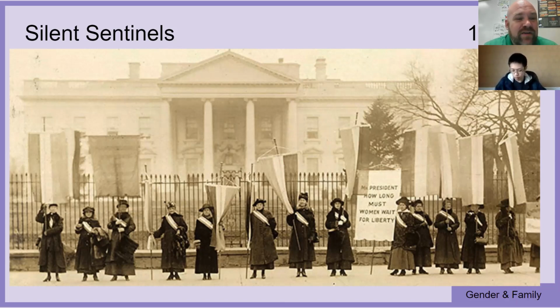Wilson orders the women outside of the White House to be arrested. Now, during a war, it's tradition that all protests stop because everyone can support the troops and support the government, right? But these women continue to protest because the women are saying, look, we're not against the United States. We want to be part of the United States. We want to be part of the government, right? And we just want rights. We want the same thing that all of our troops everywhere are fighting for, right? And they say, we will happily support the troops and support the war if you give us a vote to support them with, right? But Wilson arrests them.